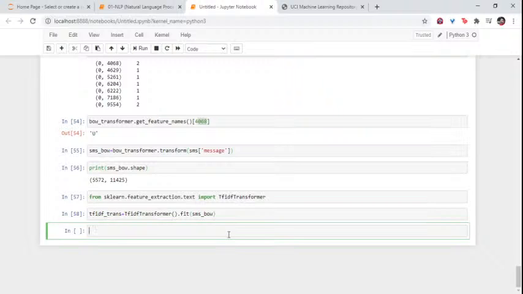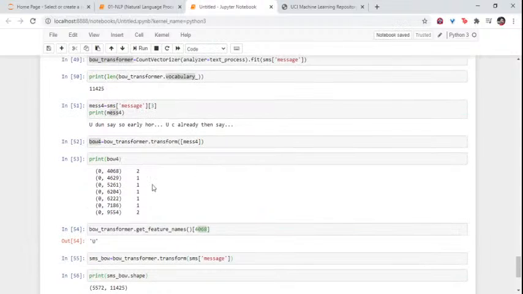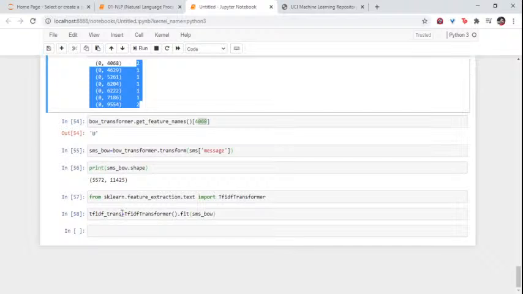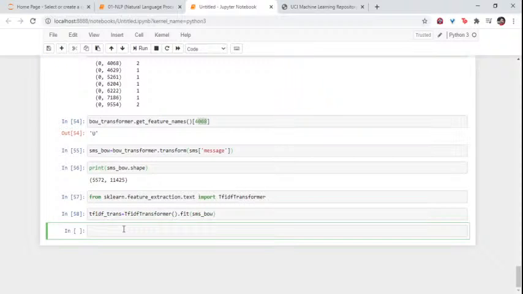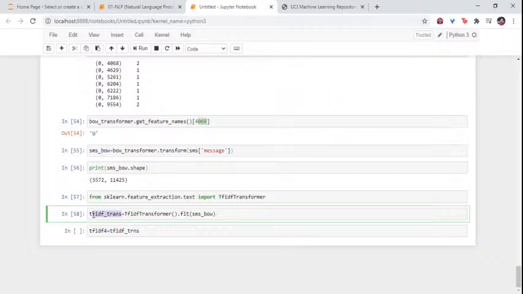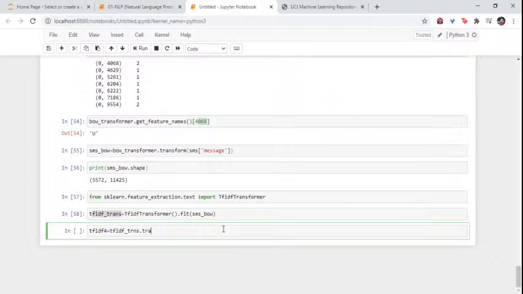But let's just try on a single message again to see how this looks. So we have this thing. Let's see, if I want to transform this into TF-IDF, how it looks. Let's say tfidf4 is equal to tfidf_trans. So we have created the instance. Now I have to fit it, or rather transform it. trans.transform